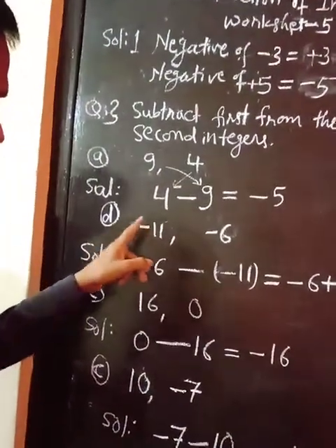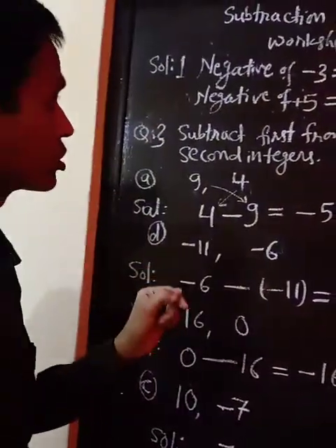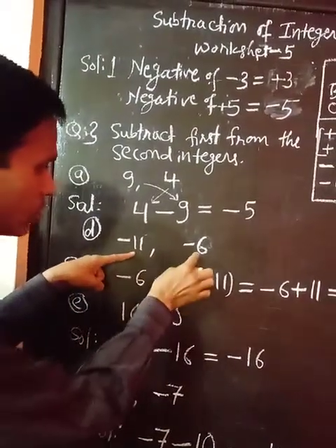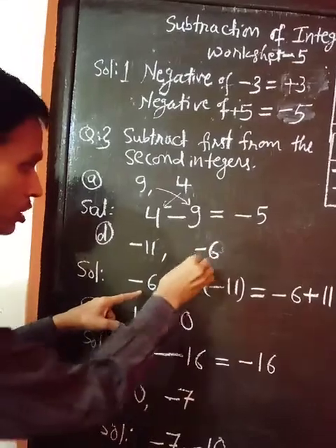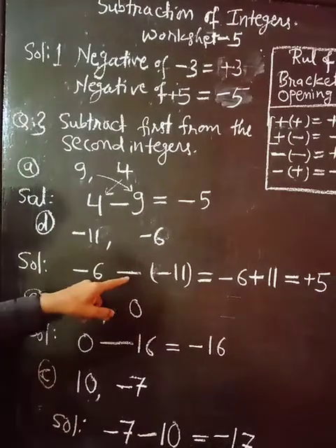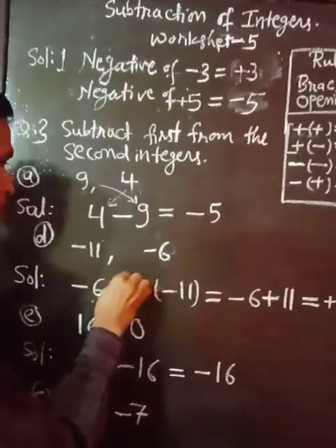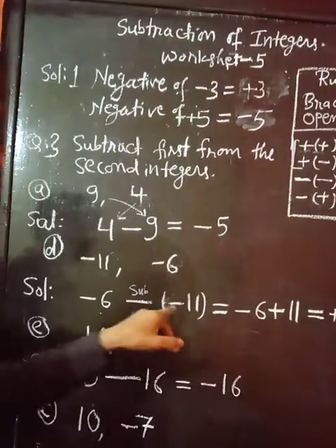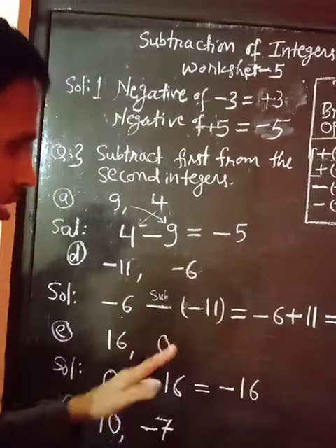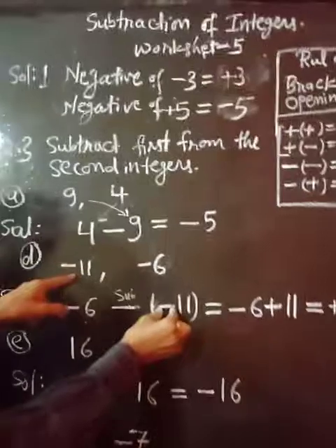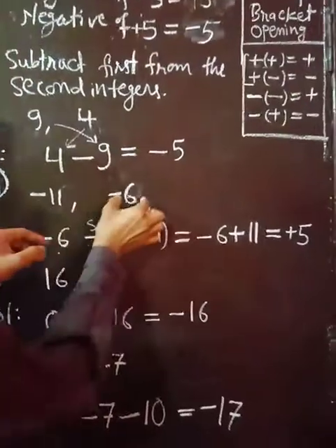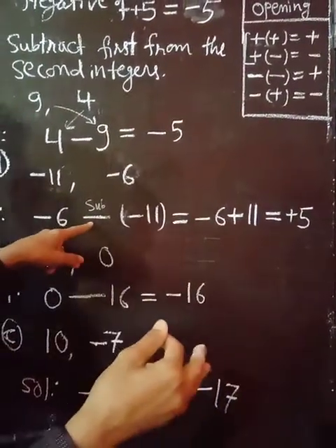Now you see this, minus 11 and minus 6. Here also the same case, subtract first. Meaning subtract this from what? From the second, from minus 6. This number I have written here. Now subtract this. So what is the symbol of subtract? Minus. So this is for subtraction. You are thinking how there are two negative signs. So this first sign is for subtraction and this sign is the question sign. Means this number is minus 11, negative 11. So this is the number, this is the number, and this is for subtract.